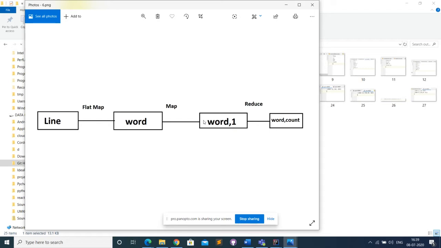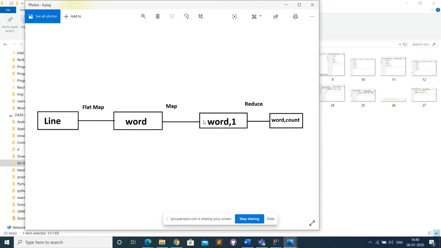Basically, Spark is also built on MapReduce, just like Hadoop MapReduce. But the point is that Spark MapReduce is much faster, nearly 100 times faster than Hadoop MapReduce. So take a look at the basic flow, how it will happen. The first step: since we are taking the input in a file, that will be split into lines.